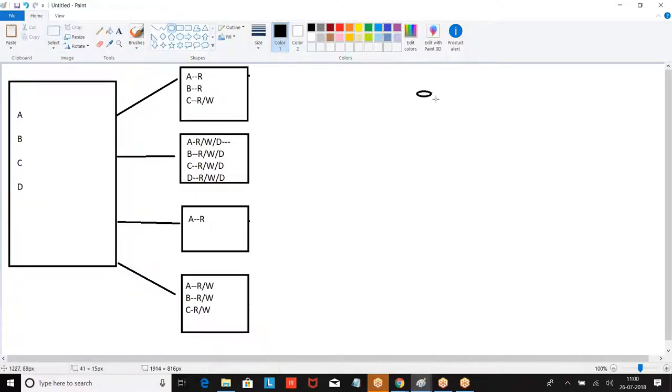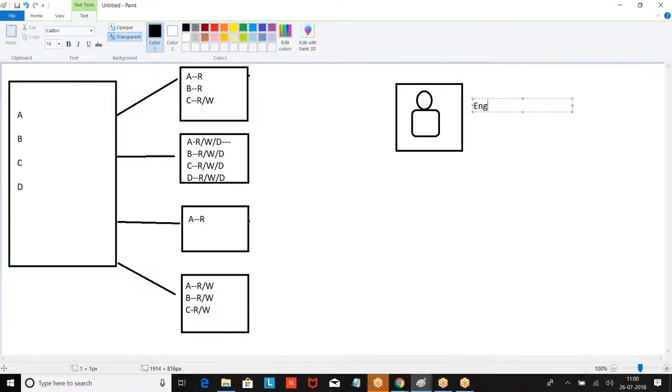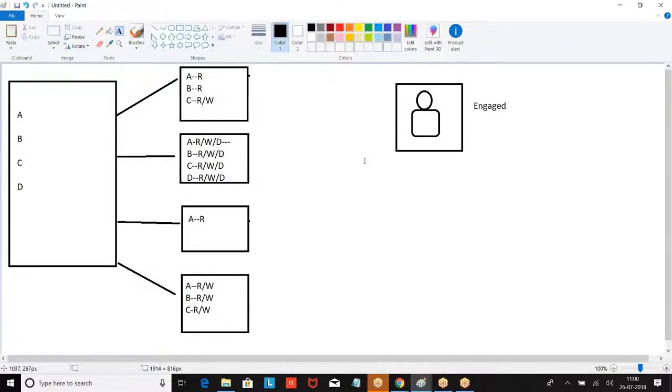Now let us say we have a person who has a profile. He is not married, boss, just engaged. He got engaged, but this fellow forgot to wish her on her birthday. Then what happened? Will the page layout be shown? Page layout will not be shown because you're not yet married. Only a sample of your feature will be shown.